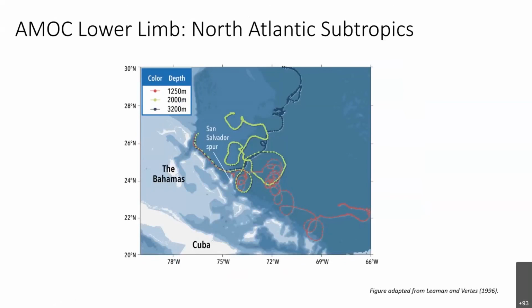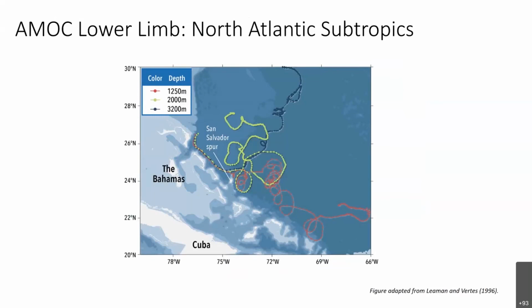This is the lower limb subtropics. These show some trajectories of a few floats, 3, that were deployed between 1,200 and 3,000 meters, definitely North Atlantic deep water, on the western boundary. The main point here is to show how non-continuous the deep western boundary current can be. These 3 floats all kicked off the boundary at a particular topographic feature. And in one case, an anticyclonic coherent deep eddy, which you can't see from satellite altimetry, was formed.